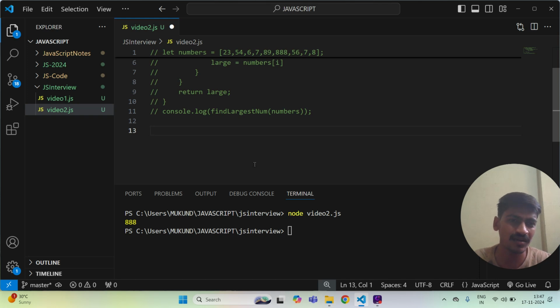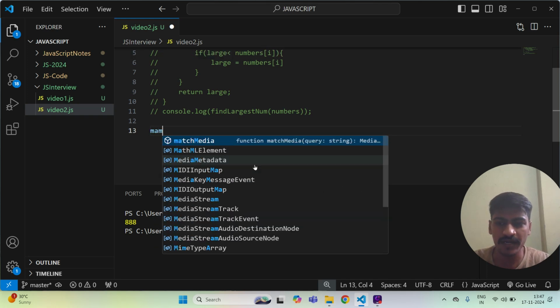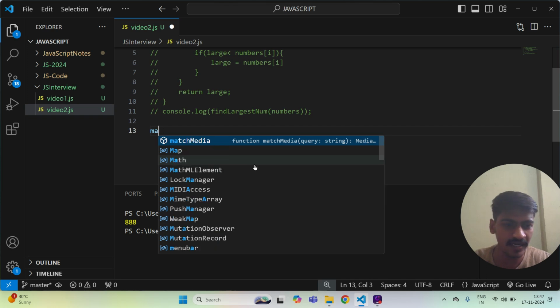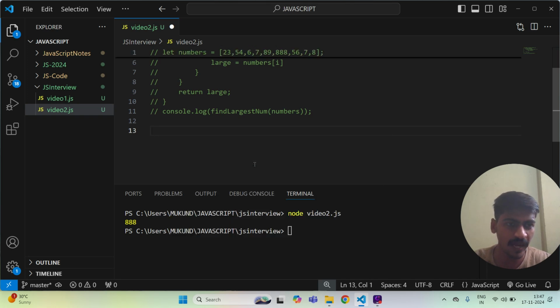So you guys know that palindrome means the name or whatever string we have, if we read that in a sequence manner or if we read that in reverse, it still shows us the same output both ways. It will be the same, like ma'am. Look what we did. If we reverse that, still it's ma'am, right? So this is called a palindrome, and we have to check that using JavaScript.